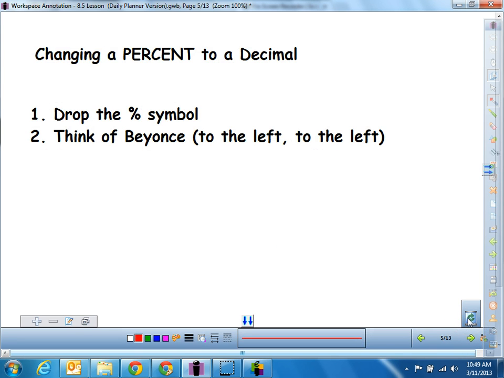We need to know how to change a percent to a decimal. When we want to change a percent to a decimal, here's what we need to do, and you need to write this down. We've got a few things that you have to write down here because you're going to want to be able to look back at it. The first thing we're going to do is drop the percent symbol, and then think of that Beyonce song,